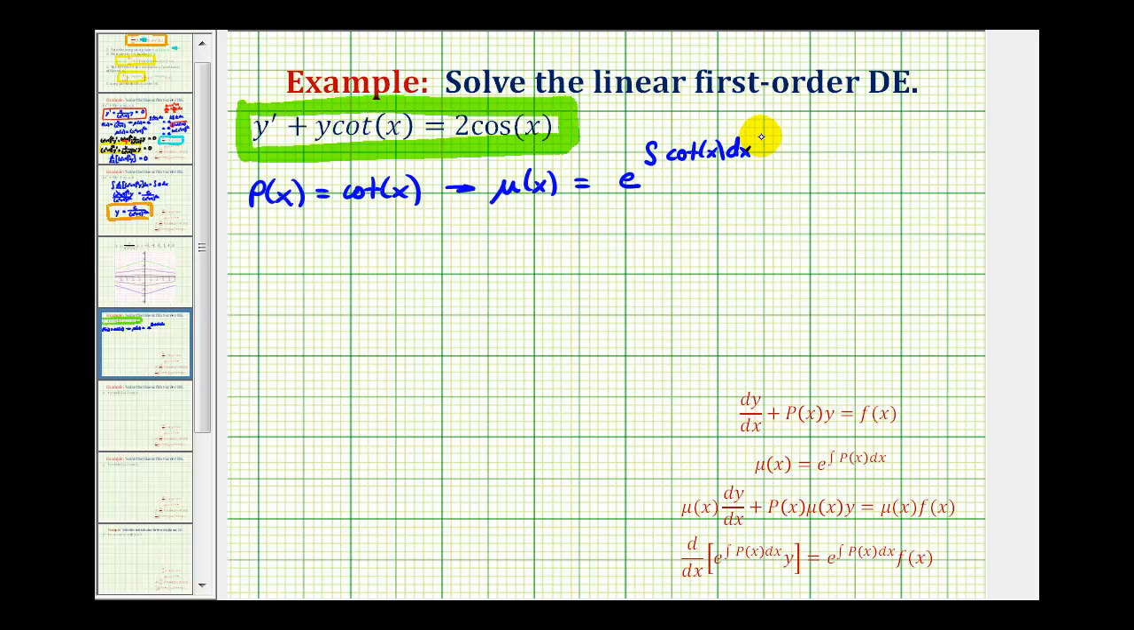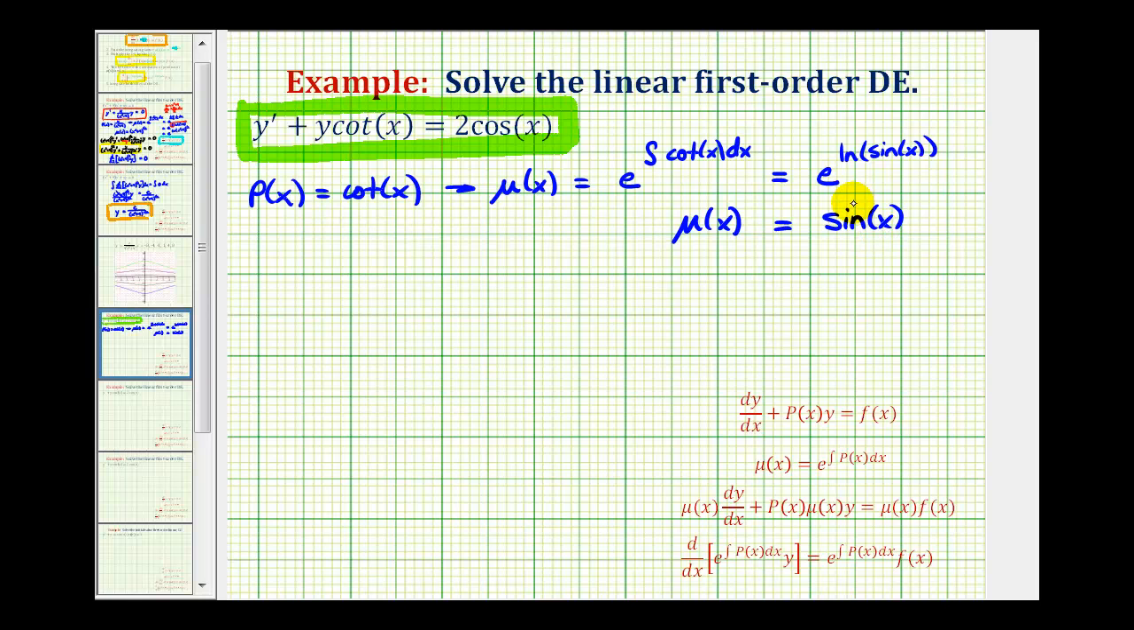dx. Now we'll go ahead and integrate. We could write this as cosine x divided by sine x, then integrate using substitution, but we'll go ahead and use the integral formula for cotangent x. This would be e raised to the power of natural log sine x. And now here, because we have e raised to the power of natural log, which is also base e, this simplifies nicely to just sine x. This is our integrating factor, mu of x,